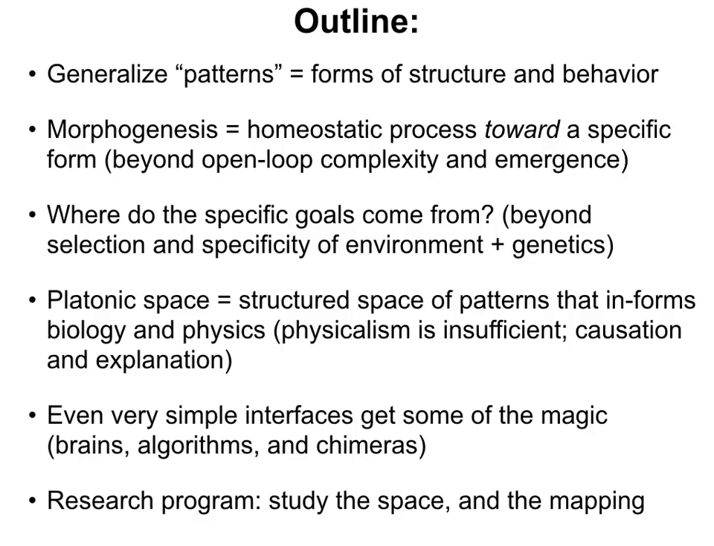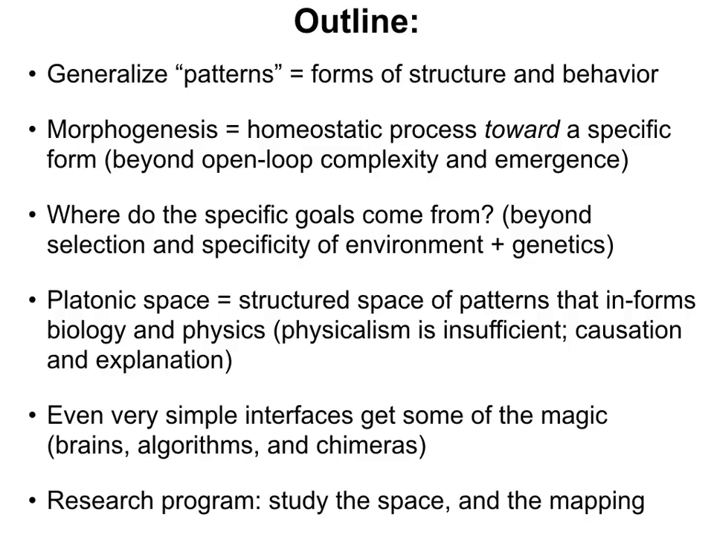The basic structure of what I'm going to say today has these components. First of all, I want to talk about the notion of patterns that are basically generalized types of forms of structure and behavior. In other words, there are specific forms in various spaces. Then I'm going to talk about morphogenesis as an example, a model system that we use, which we're going to describe as a homeostatic process that aims toward a specific form. In other words, it's a navigation of a space and a kind of error reduction to try to get to